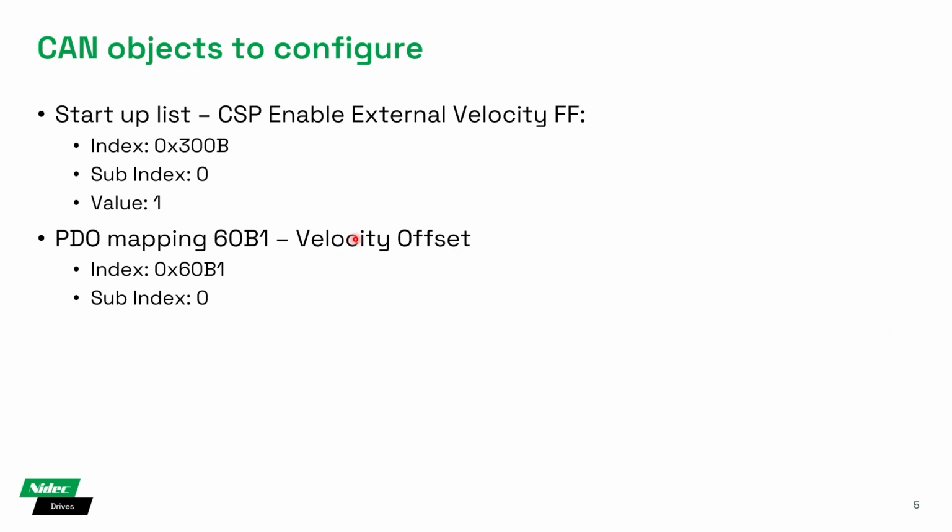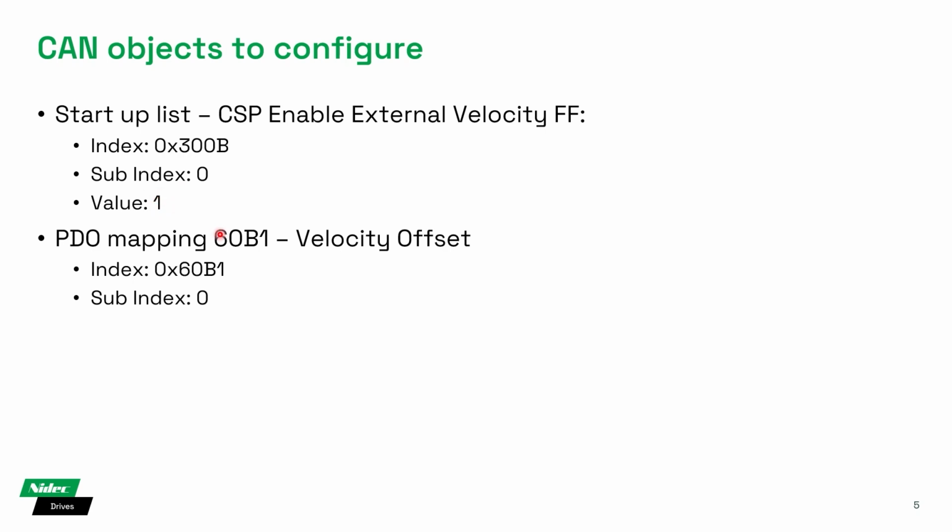How do we do that? Well, we've got a new parameter in the version 2 SI EtherCAT firmware, so it's object 0x3000B, subindex 0, and then we set that to a value of 1. So when this index is set to 0, it's the standard mode, so that's the first control scheme that you've seen. If you set it to 1, it's the second scheme where we're able to feed in the external velocity